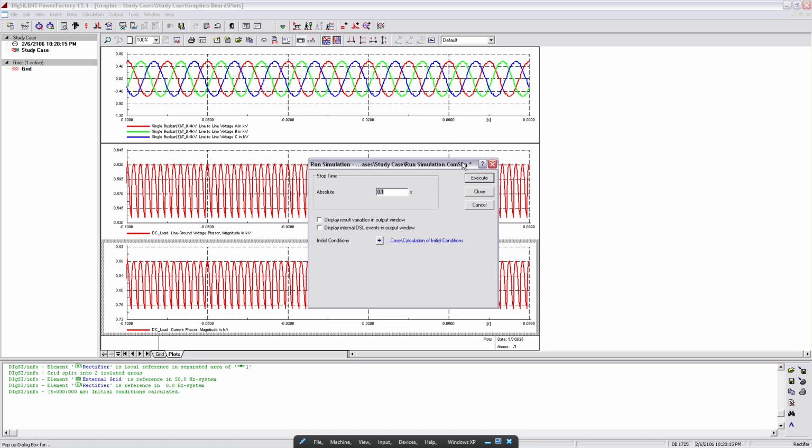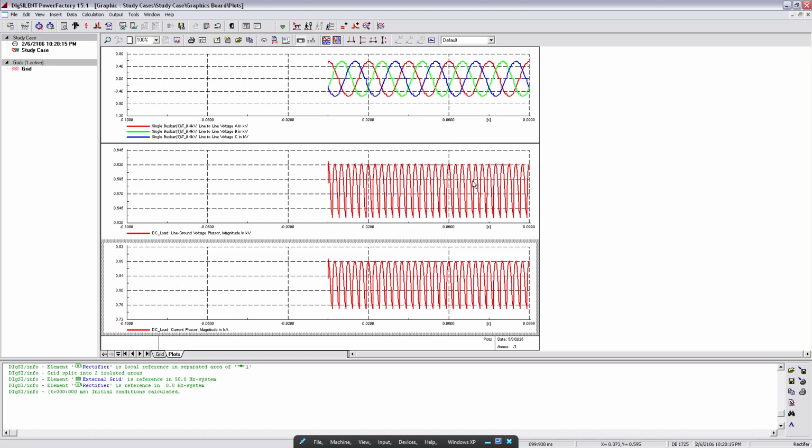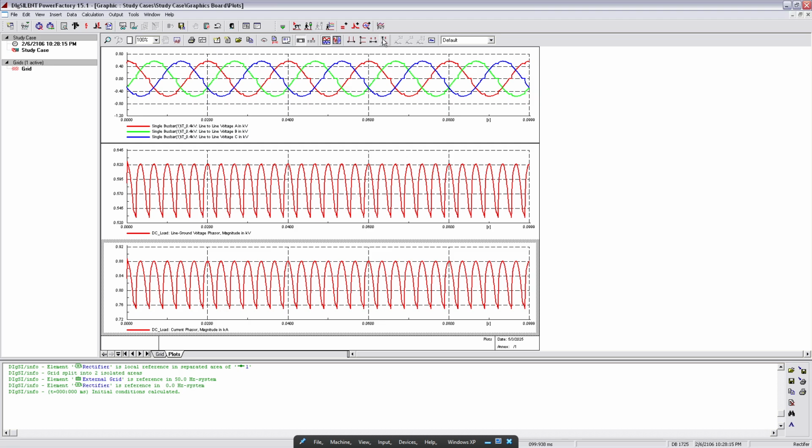If you just type 0 seconds here, then it should start from 0. Let's rerun the simulation to see the effect. Now you see the simulation starts from 0 seconds. So we need to rescale the axis again, and we have it from 0. So if we quickly check the values, you see the effect of commutation is also noticeable on the line-to-line voltages